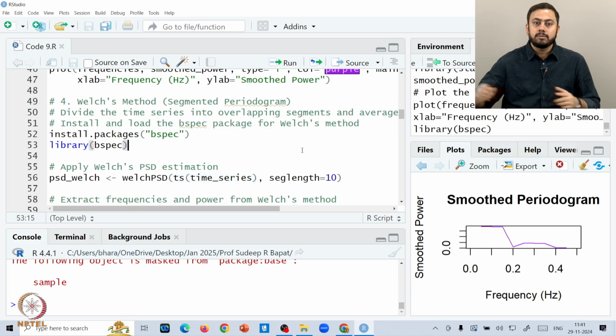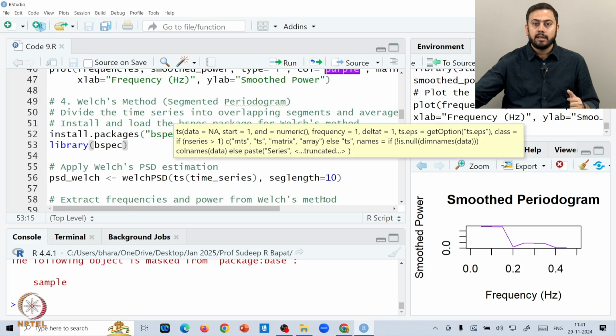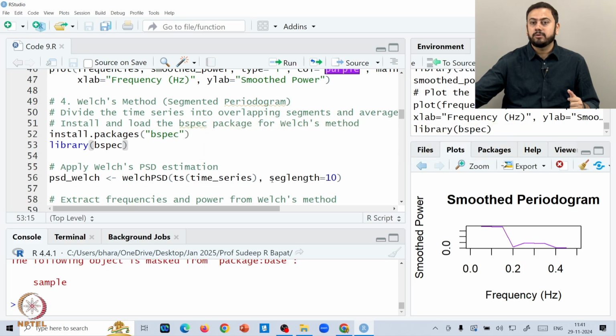Whenever you simulate something or play around with real data, how do you tell R that a particular vector or series has to be considered a time series? We simply add ts before the series like this, and here one can also specify the length of each of the segments. So, we will set the length of each segment to be 10. These are some technicalities when it comes to the Welch PSD command.